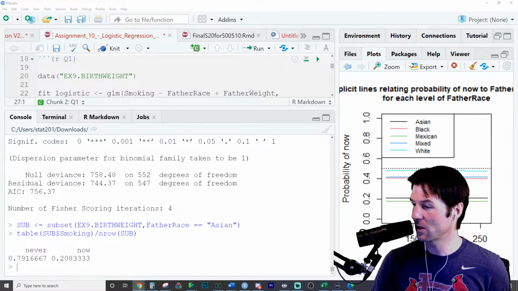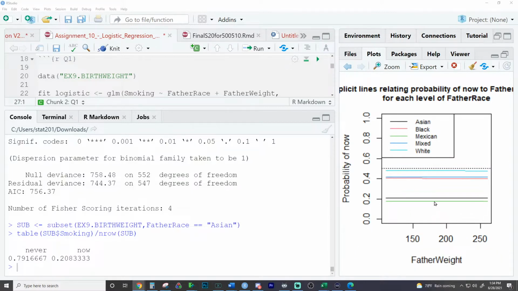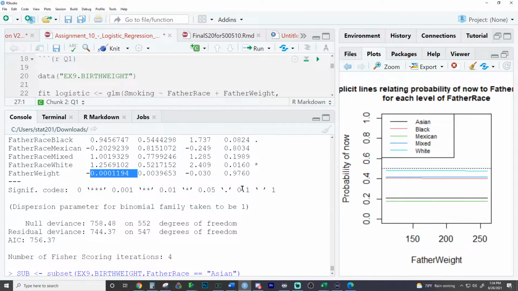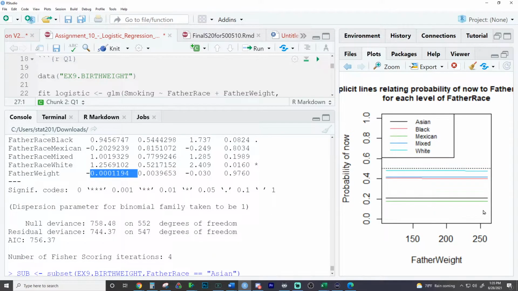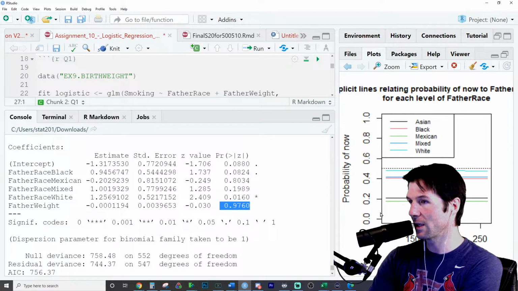So is this making sense, how I'm talking about these things and why I'm saying, oh, this behind me right here is basically the naive model for the Asian group? It's a flat line. Now there is a negative coefficient with father's weight, but it's really not statistically significant. So we're just seeing these basically naive models, which would be for all Asian fathers, the probability of smoking now is about 20%, and it really doesn't change much from the naive. There is a decrease in probability as father weight increases, but this decrease is not statistically significant right now. As in, two fathers who are otherwise identical, and we're predicting the probability the mother smokes now, excuse me.